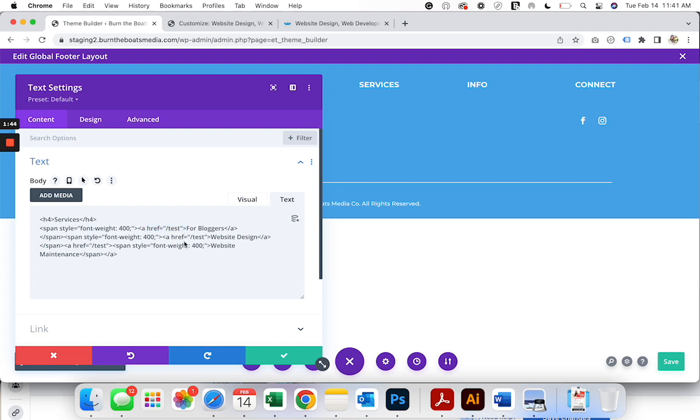So if you click in before that ending bracket and put a space, and then type style equals quotation mark color colon, and then we're going to put the color. So for this, I'm going to choose white, but you could choose whatever color works for what you're doing. And then you need the hex code for white. The hex code is just 6 Fs. And then you need a semicolon and a quotation mark to close it, and then all of a sudden your